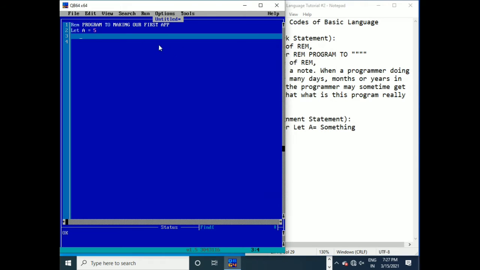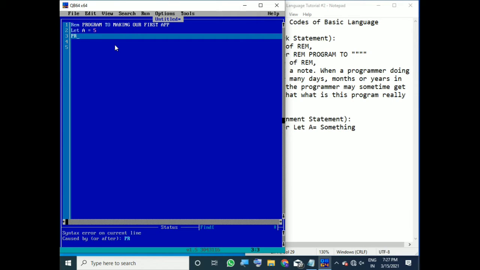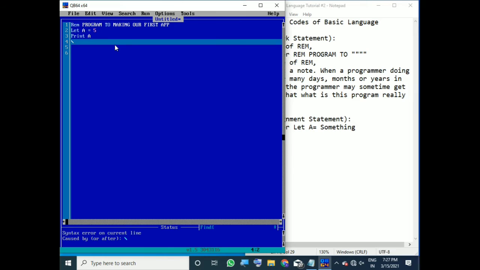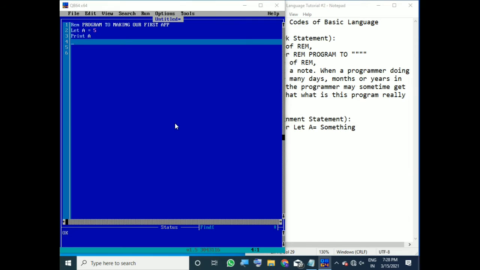So the let function is to make the computer, or the program QBasic, know what is the value of a. And then if I write print a, you don't need to understand it now, and then start my program, just see.